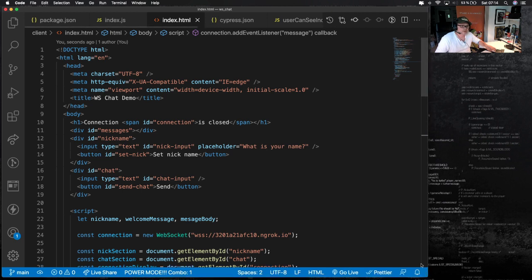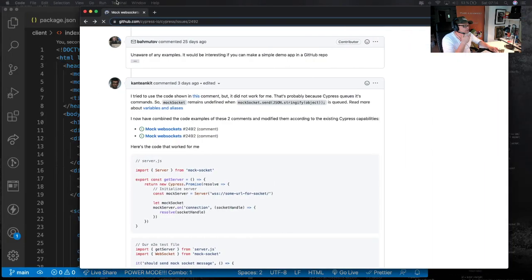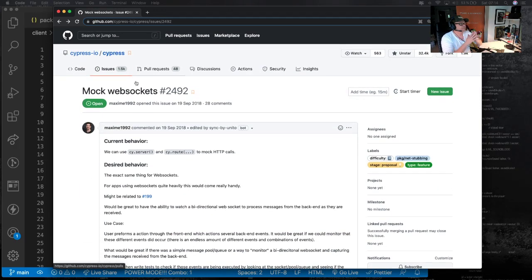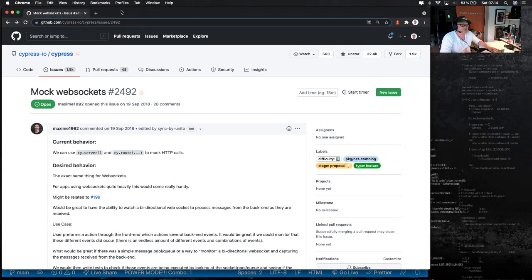I'm actually going to pull that discussion up here if I can just find it. I think I had it open here. Right. Let's see if I can get this out. Right. There it is. Right. So now the discussion was about mocking WebSockets, right? So trying to access WebSockets